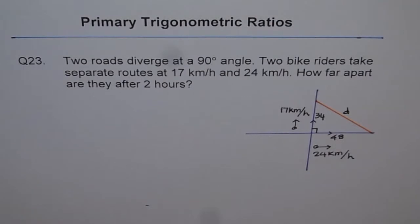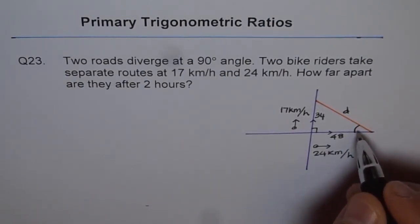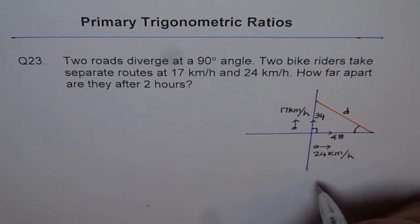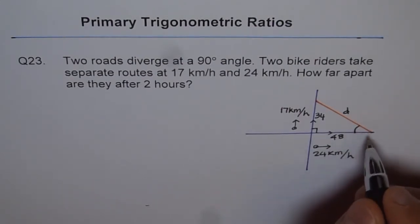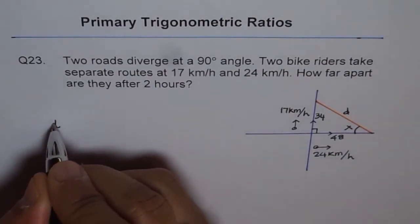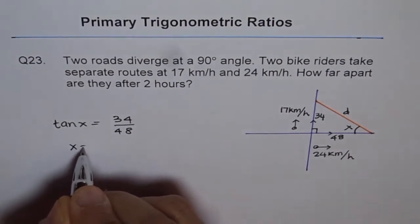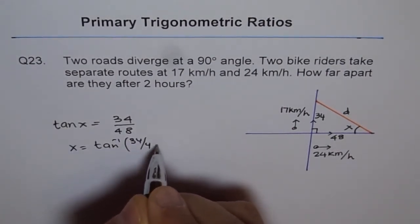The other way is to use trigonometric ratios. Now we can find what this angle is, right? Using tan ratio, and then find using tan ratio what d is, right? So let's use the trigonometric method to solve this problem. Let us say this angle is x. In that case, tan of x is equal to 34 over 48, and therefore x equals tan inverse of 34 over 48,